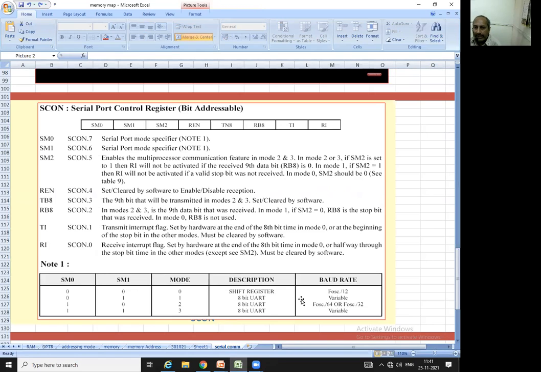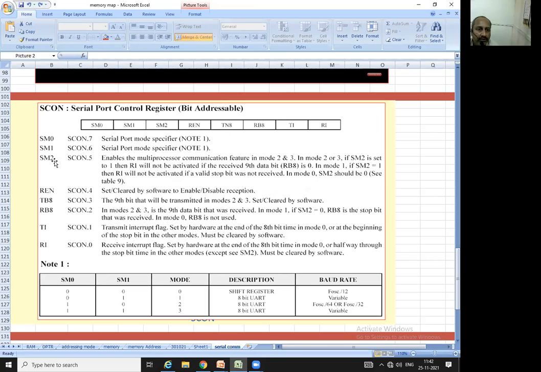And for mode 1 it is variable, it is written. So variable means it is decided by timer 1. म्हणजे सिरियल कम्युनिकेशन मध्ये आपल्याला टायमर 1 ची मदत घ्यावी लागते. कशासाठी, तर baud rate सेट करण्यासाठी. In simple, I am using the Marathi language, but it will be a remembering sentence for you. It is written variable, it means the SCON or the serial communication is using timer 1 for setting the baud rate. How it is going to be set, that we will see in the next slide.